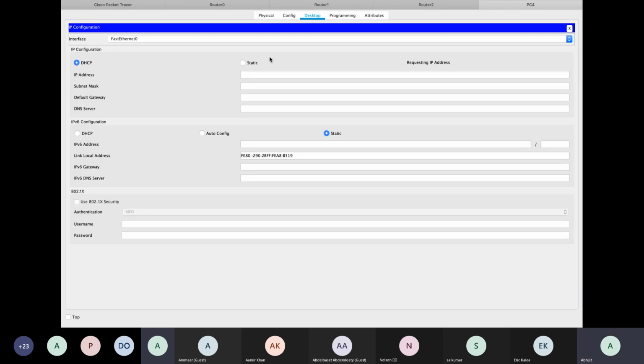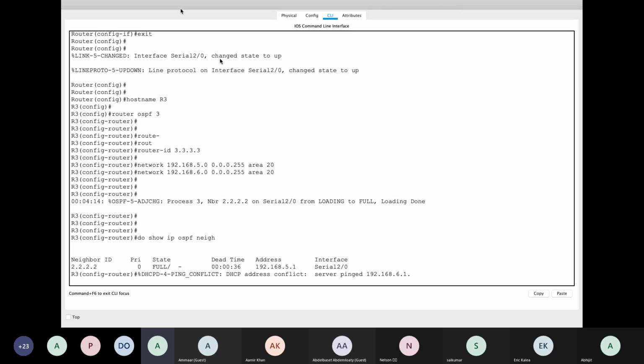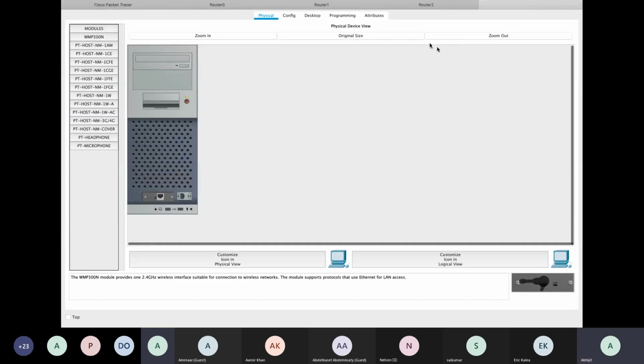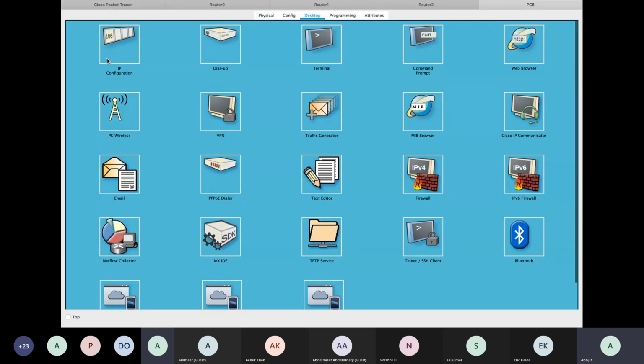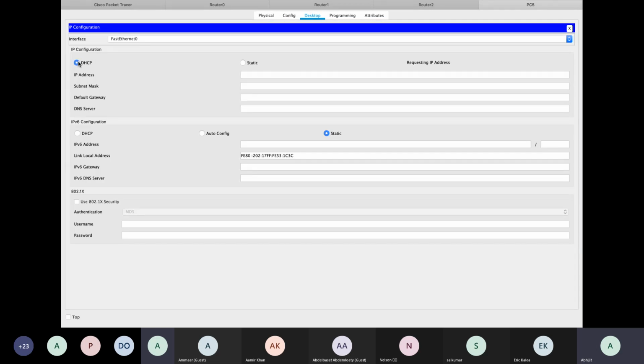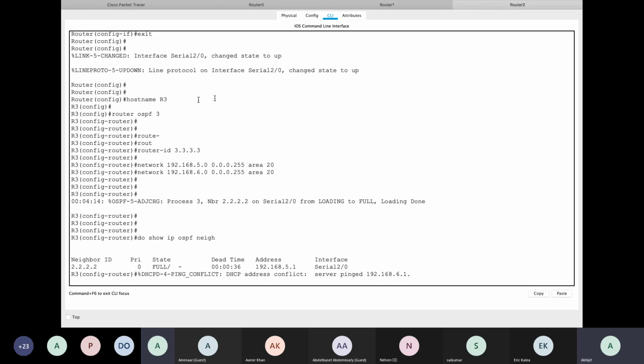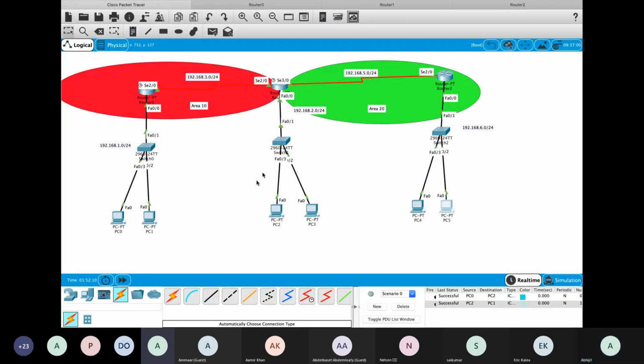IP config. I'll get the IP addresses on these PCs. There you go. And on to the other PC, desktop, IP config, and DHCP. There you go. The IP is configured, and if I go and check now, and if I try to send traffic from here to here,